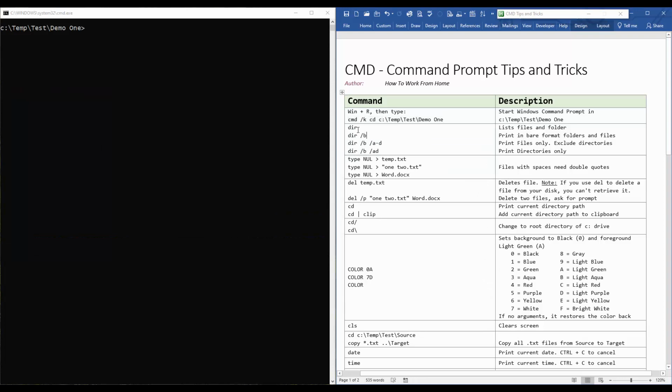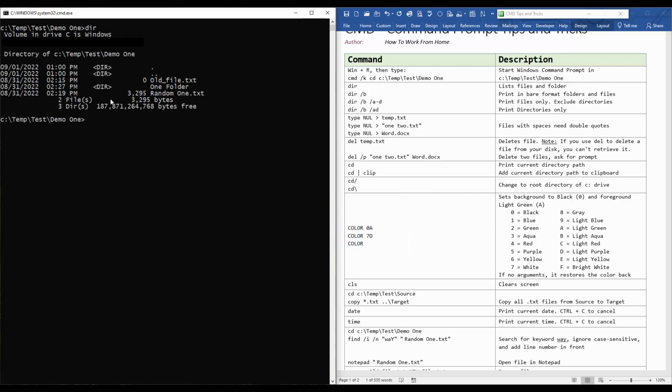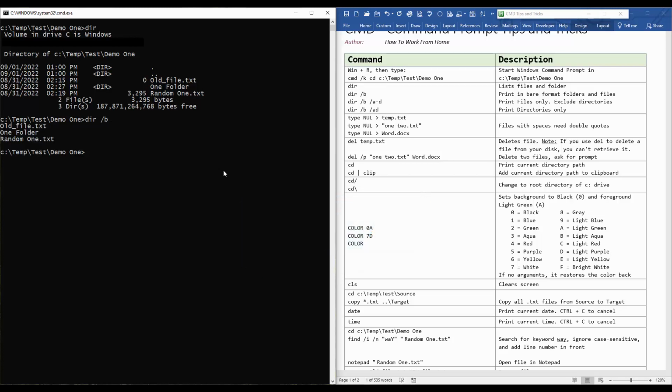Okay, the first one we will be covering is the dir command. The dir command lists files and folders. dir, and you can see the demo1 folder has directories and some random files. If you want to print the bare minimum format, the command is dir /b for bare. If you need to print files only and exclude the directories,